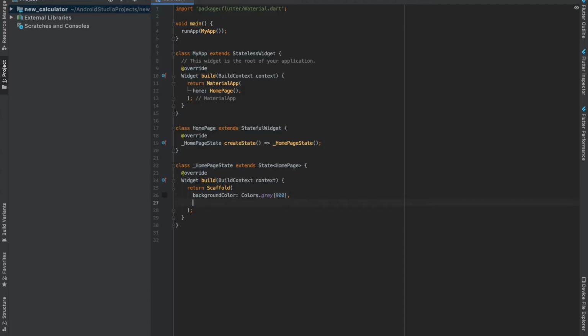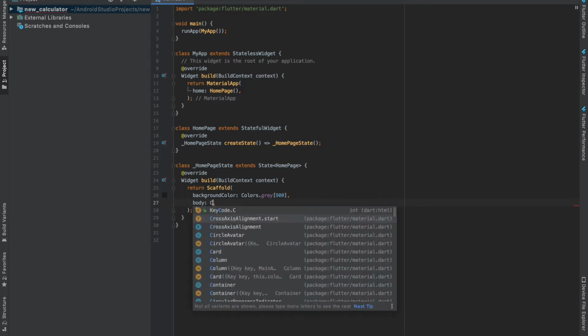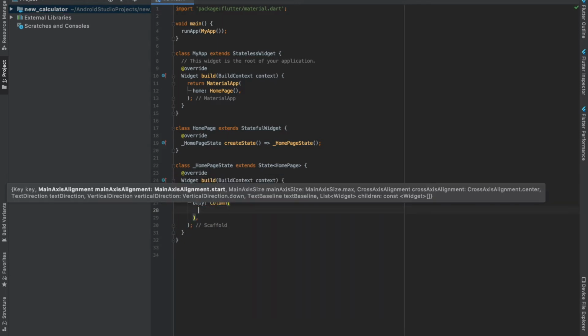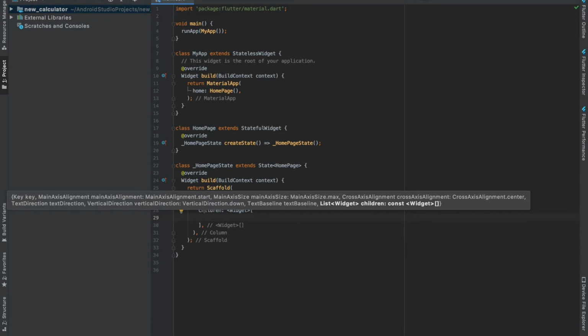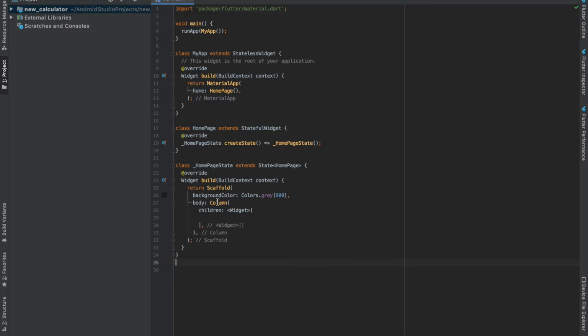So the body of our scaffold will contain a column inside which all our 4 components will be laid out. Let me wrap this column with the safe area.